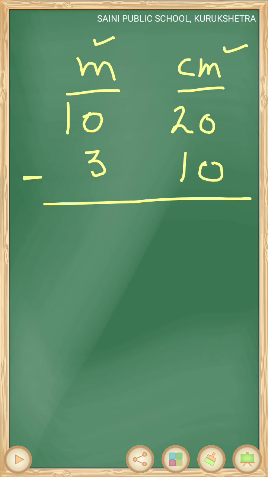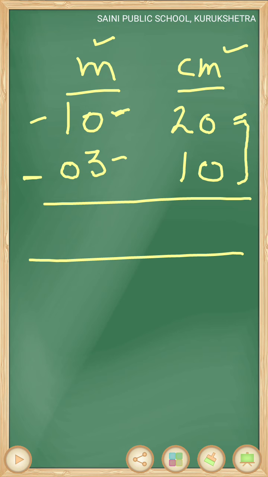So put a minus sign here, and this is 2 digit, this is 1 digit, so we'll put a 0 here. You know 10 is greater than 3, so in subtraction we first write the bigger number and then the smaller number. We have to remember this. Okay, now start the subtraction. We always subtract from the right side. So first we subtract centimeter numbers. 0 minus 0, 0. 2 minus 1, 1. So 10 centimeter. Centimeter place is complete.